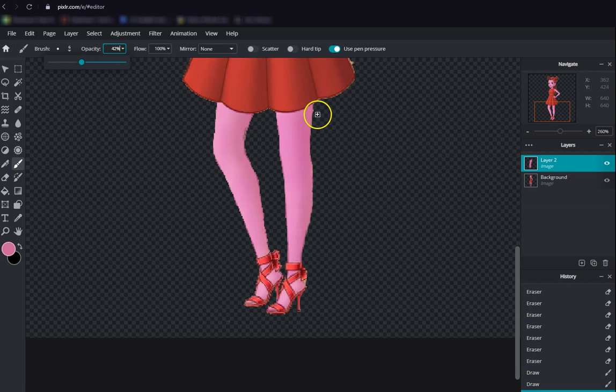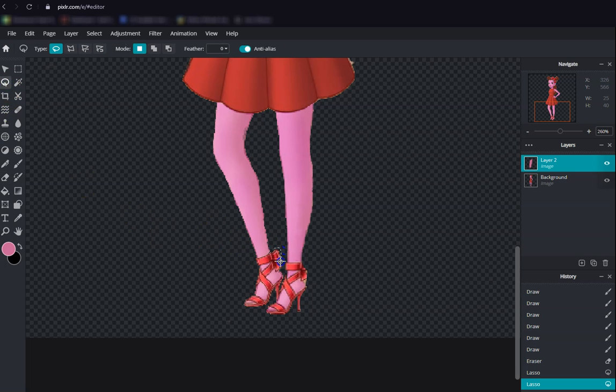In case you're not sure, you can always make it a little bit lighter in the color, like so. And then you use the eraser to erase the extra color again, like so. And then here in the bottom, you see that there's an area over here that is an extra. So you want to copy that